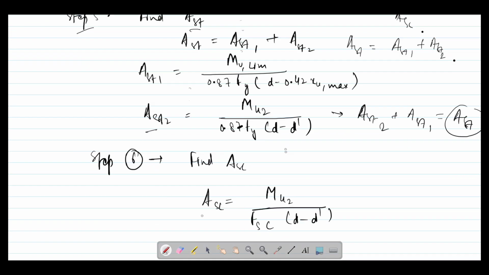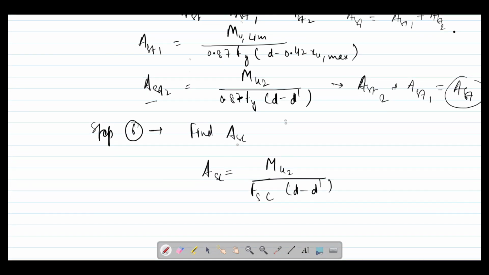Now the very last step, the sixth step, is to find out the area of steel in compression, just the compression zone. Here are two zones, one is the compression zone, another is the tension zone, and there is a neutral axis in between both. And in order to find out the area of steel in compression zone, we'll use the second ultimate moment of resistance that we have calculated by subtracting the Mu limiting value from the maximum bending moment, and the formula goes like Asc is equal to Mu2 upon fsc